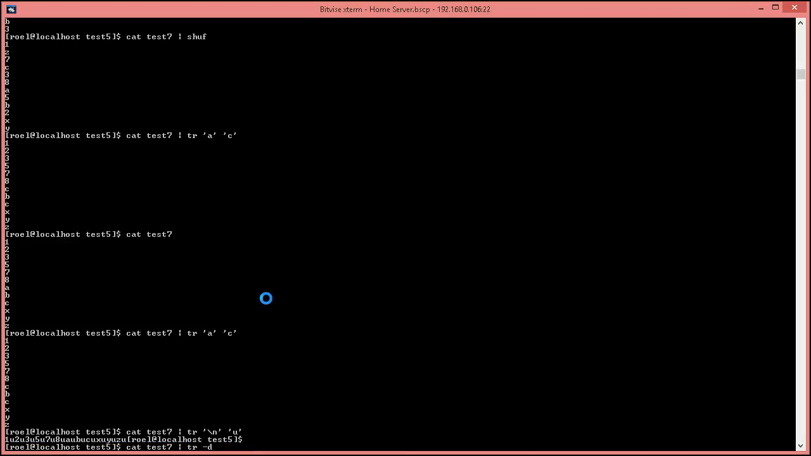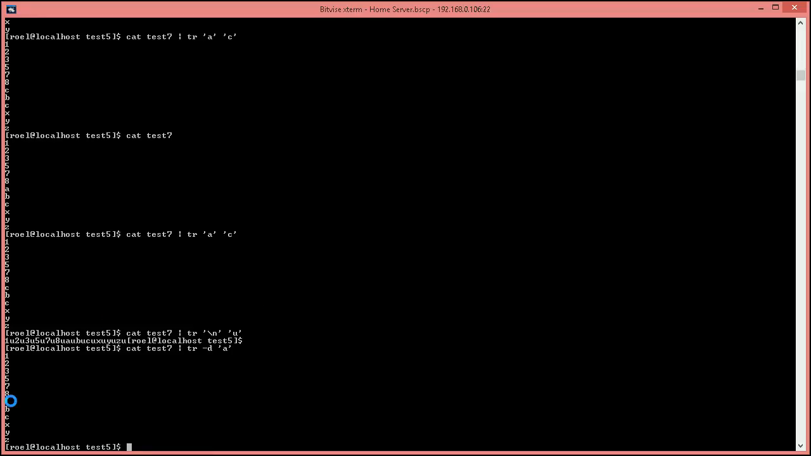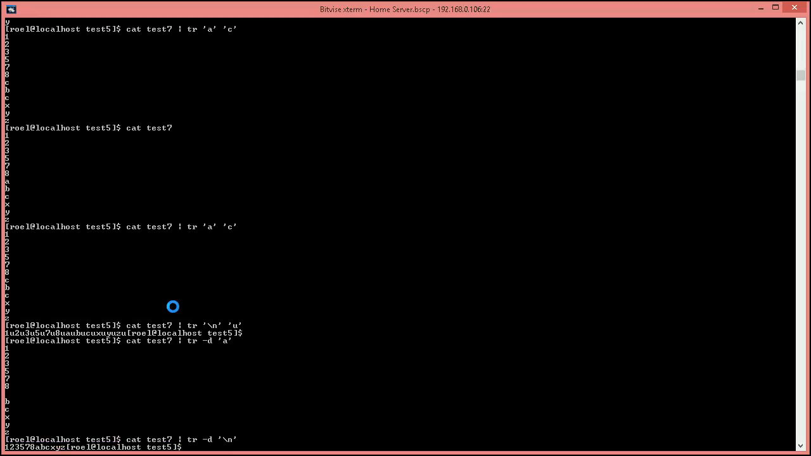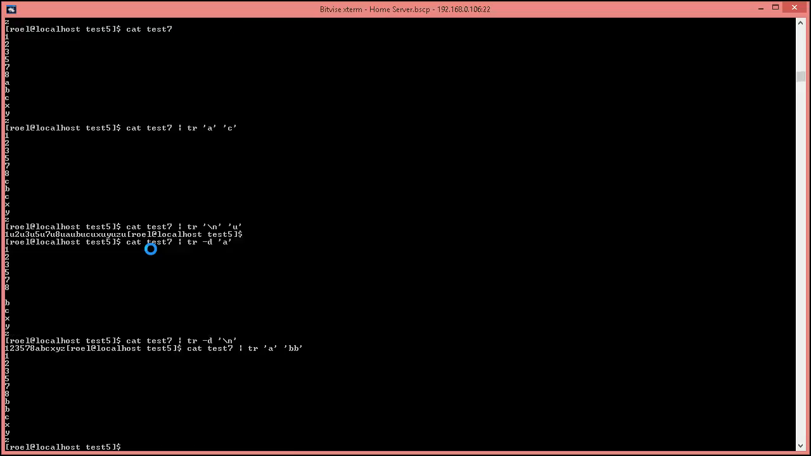Another way of doing this would be to delete a particular character. For example, in this case we've deleted A. We could also delete the new line, and great, everything is now on one line. Now one thing to notice here is that it expects a character. So if we do something like A to BB, it didn't work. It would just take the first character only. So that's a little caveat to watch out for when you're using